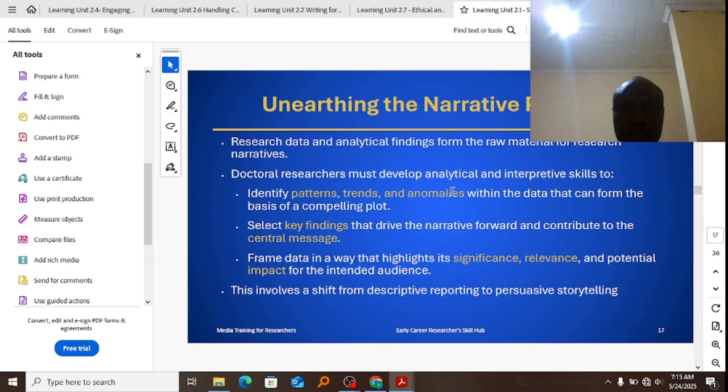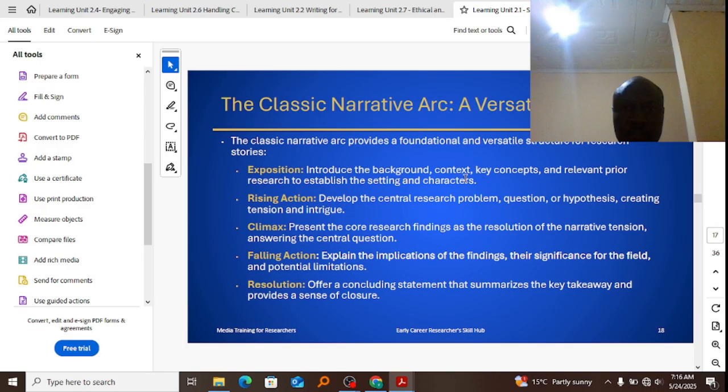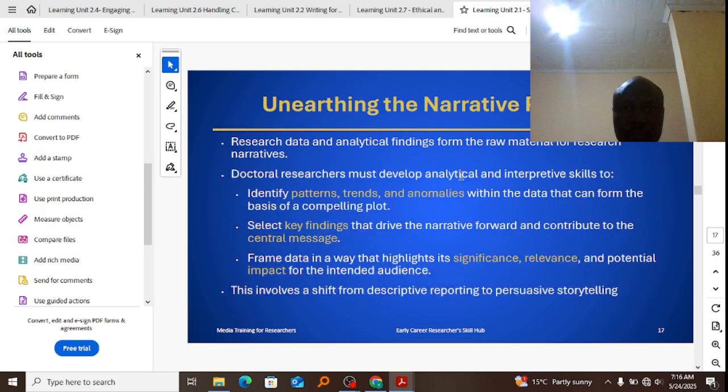It is not just about reporting. Persuade the audience that what you want to put forth is important and should be accepted. The classic narrative